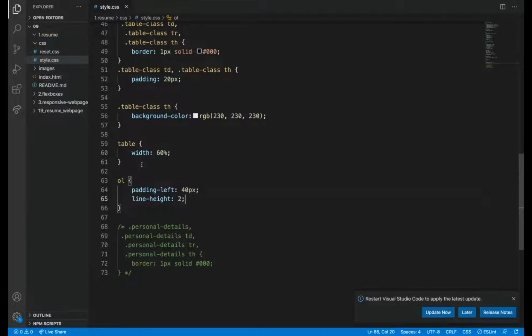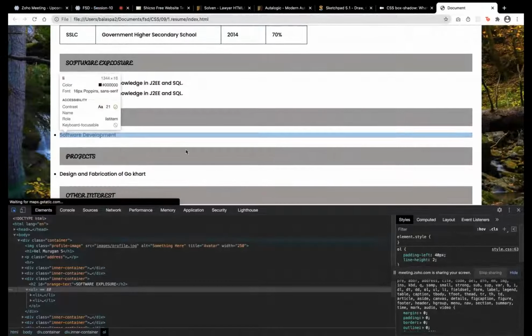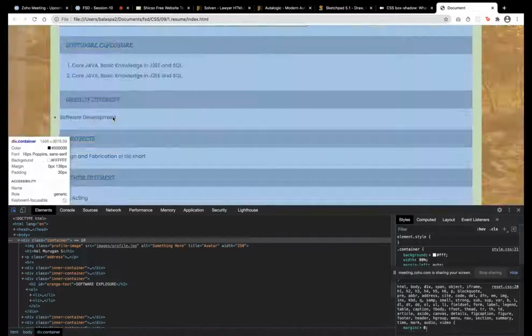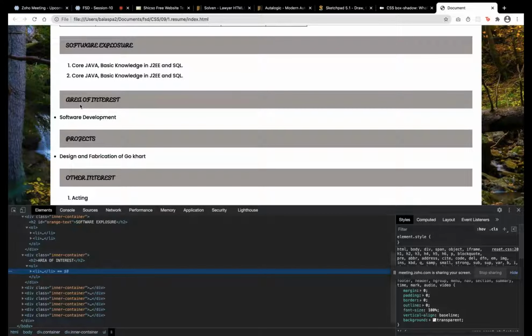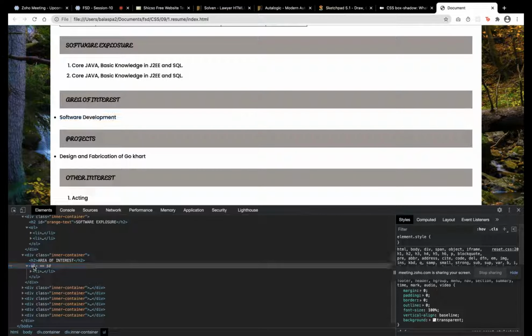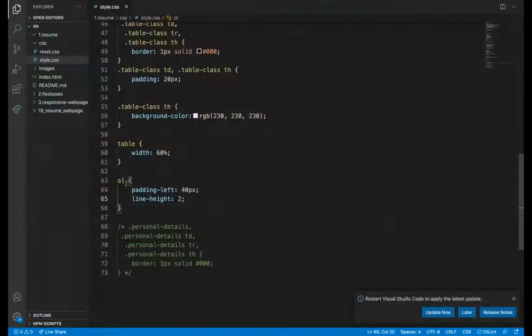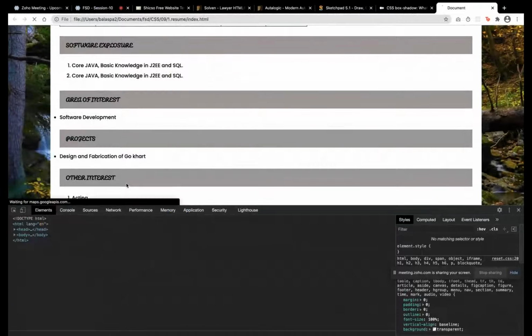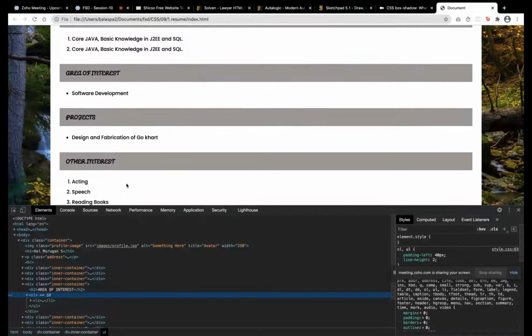So the style got applied. The other thing is we want to make these areas inside too. So UL also, we're gonna apply the same style because we need to keep it in the same line. So we can use the grouping selectors concept and then I gave UL. So it got aligned on its own. This too got aligned on its own.